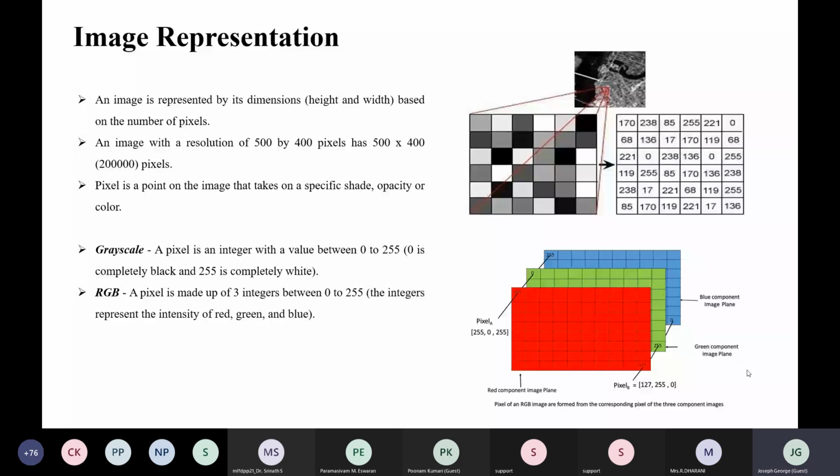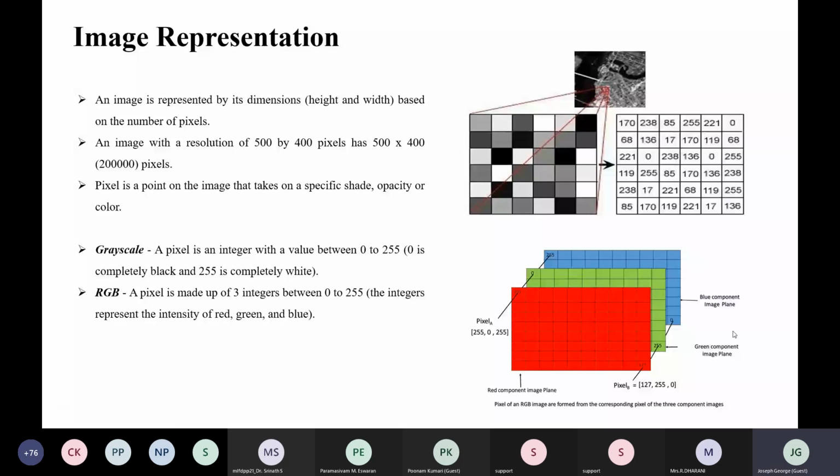Okay. So here in a grayscale image, each pixel will have a number between 0 to 255. And the number of channels in a grayscale image is only one. Number of channels in the sense that it is only two-dimensional, in the form of a two-dimensional array. Whereas a color image is a combination of 3 channels, red, green, and blue. So in each channel, you will have a number for each pixel.